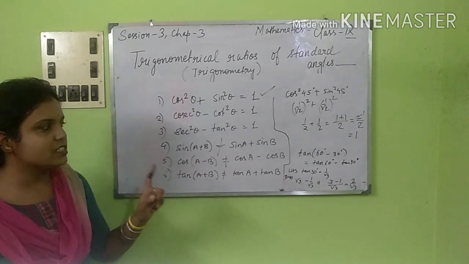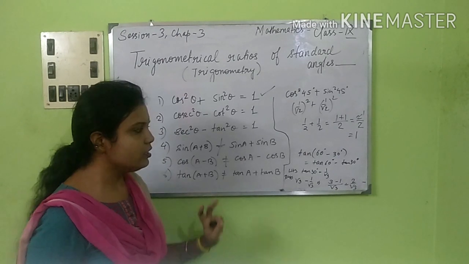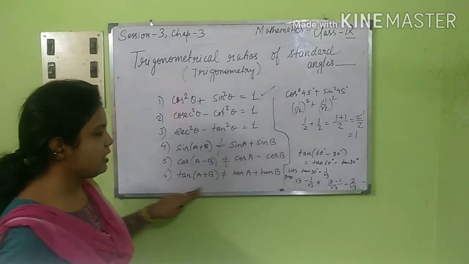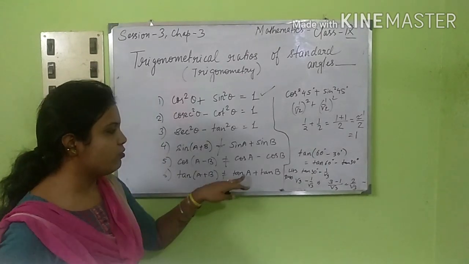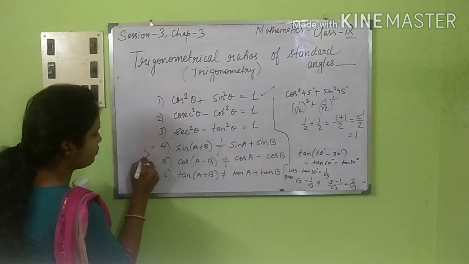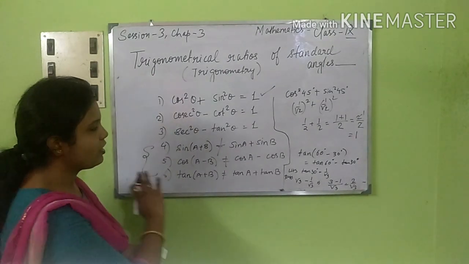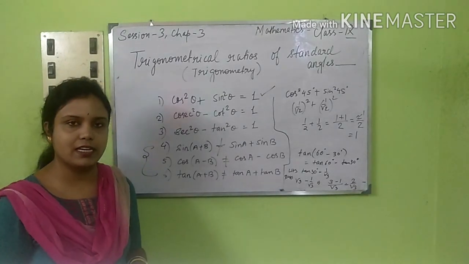That is equal to, calculate, you will get 2 by root 3. Okay. So this is not the same value. You can see it. So that means this particular thing is correct. We can say that tan (A plus B) is not equal to tan A plus tan B. This is the result of this. Any one of them you can prove it like this. You can take a particular angle and see what exactly is coming.